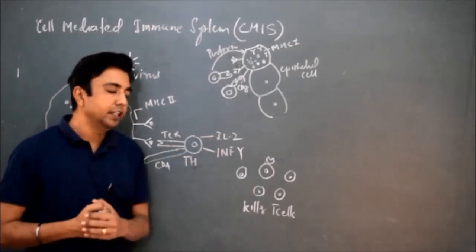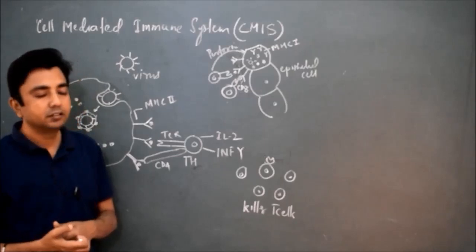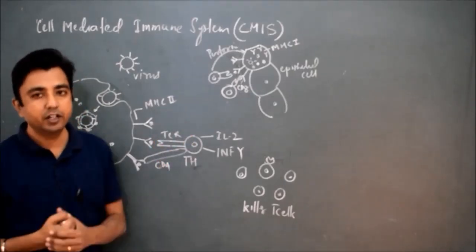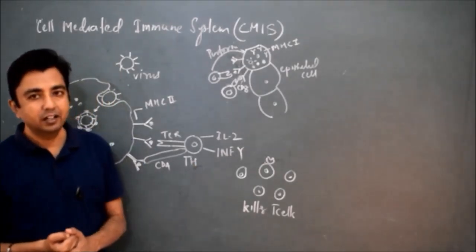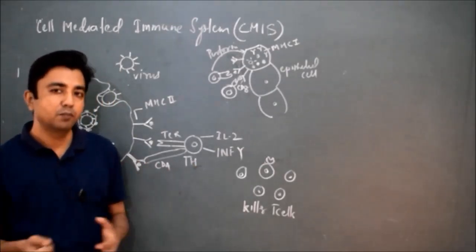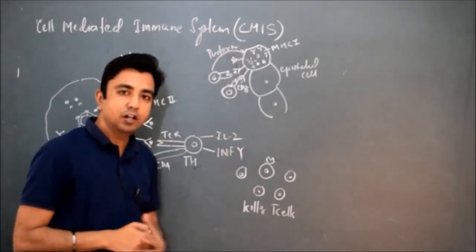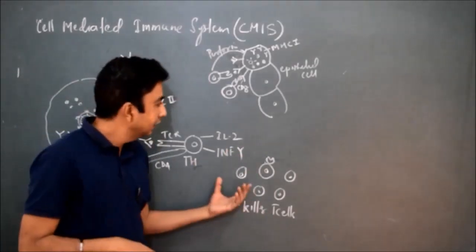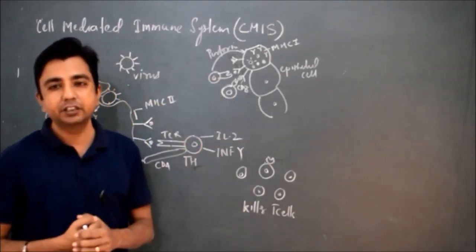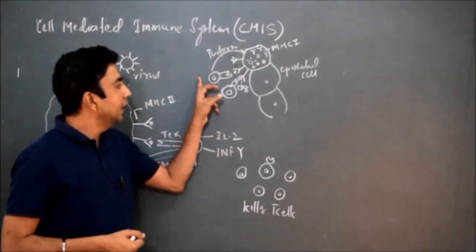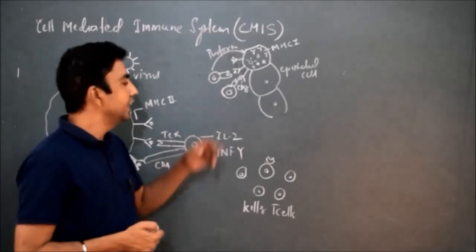Once the TH cell secretes gamma interferon and IL-2, cytotoxic T cells or killer cells will proliferate, and once they form a number of copies, they will reach the site of infection, and they will attach to the MHC1 molecule and the antigen through CD8